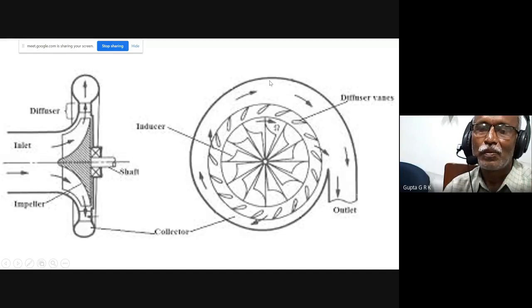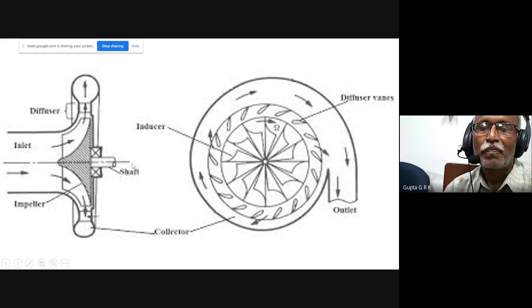Here, this is the larger one, this is the smaller one. So you have to show the corresponding change here. This is the way it happens. Air comes, enters the eye of the impeller and goes through the inducer, where the flow direction is changed from axial to radial gradually, and then it enters the diffuser and then